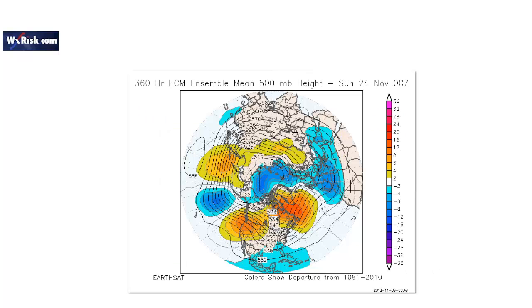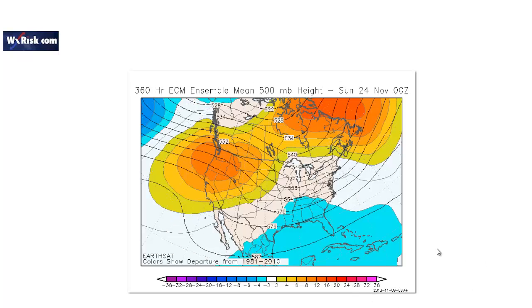And then if you even go beyond that, 360 hours out, we're beginning to see a little bit of blocking or building heights in Canada and a little bit of ridging over western United States. It's not a big change, but it's a step in the right direction towards a more seasonal cold pattern. Anyway, that's the analysis and the